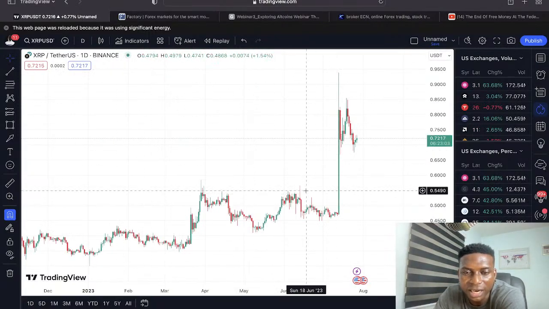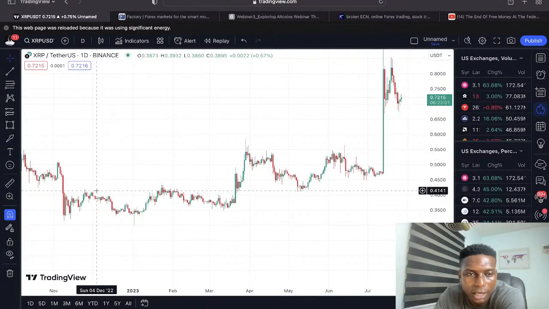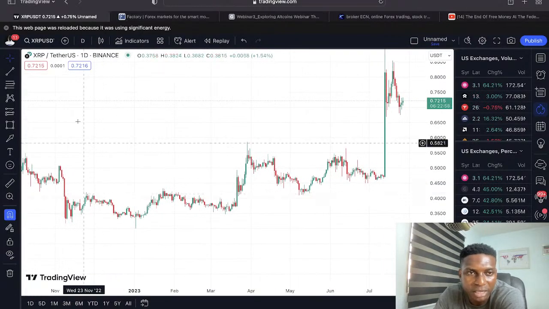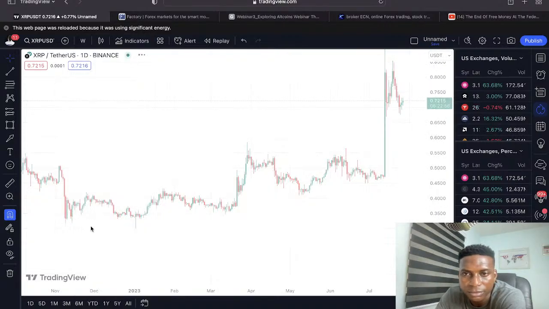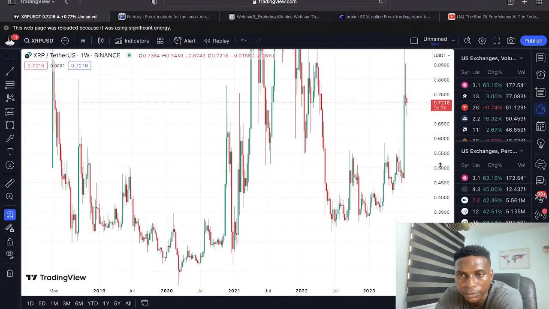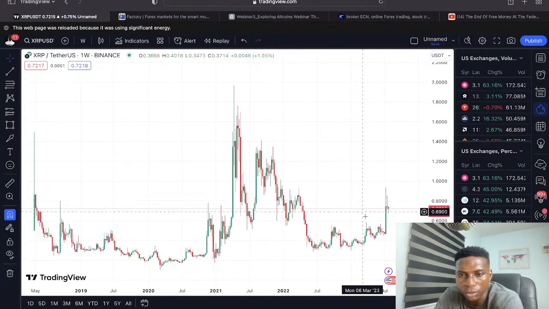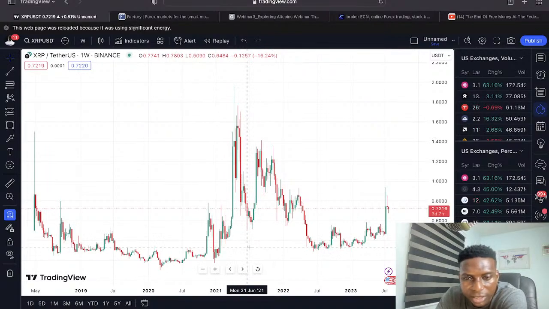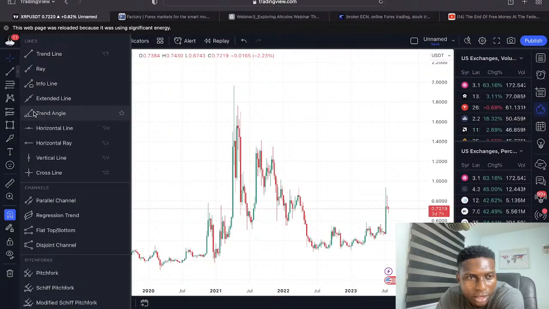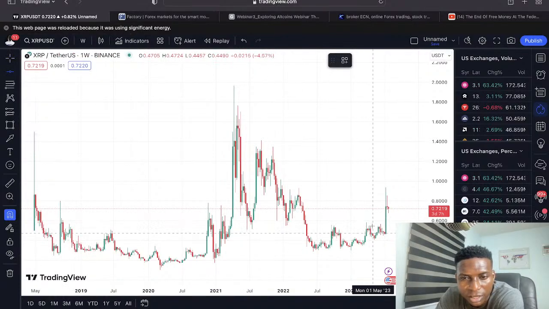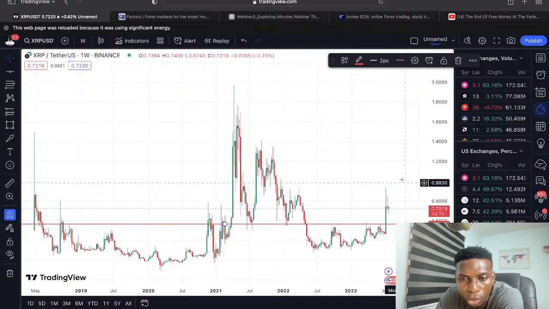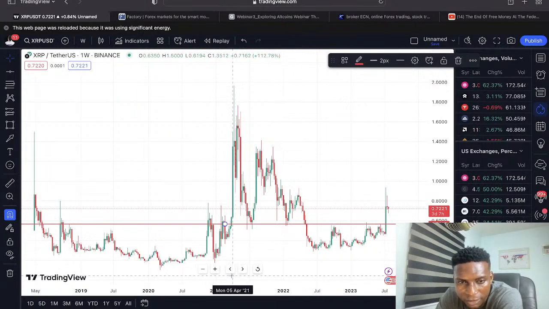Let's look at XRP. Awesome. So look at XRP, let's go to the weekly time frame. Okay, so we can see that XRP has been trading here. XRP has been trading below 0.56 since